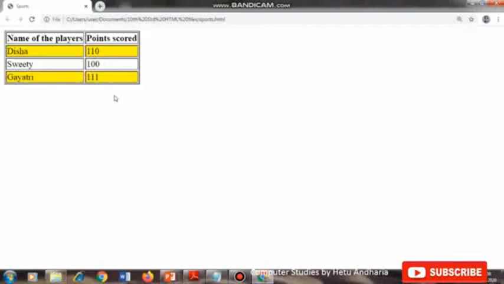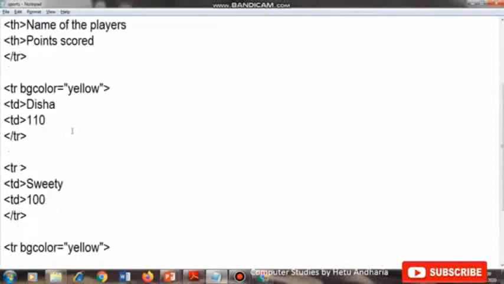Now if you want to change the color of a specific cell, for example this one I want to make blue and this one I want to make red, then how to do it?